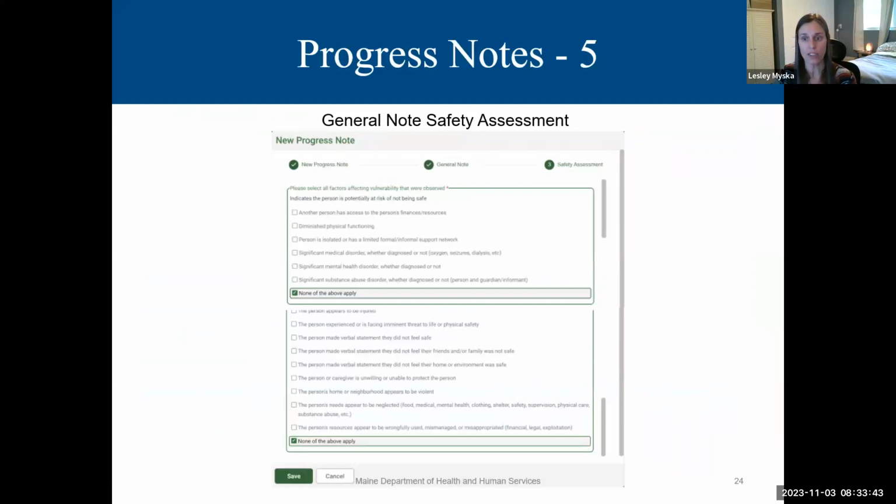Then when you save, you'll be navigated into the person note to capture any history and/or exploration and discovery that you may have obtained while working on this note. Please note that just like EIS, progress notes will be locked down 24 hours after creation, so you shouldn't start a note until you have time to complete it. Notes can only be edited or deleted by an ODES admin user after they have been locked down. Within the first 24 hours, they can be edited or deleted by the creator.